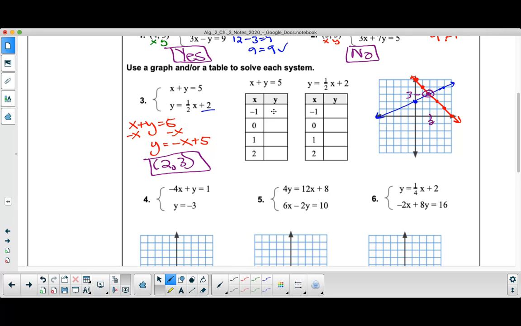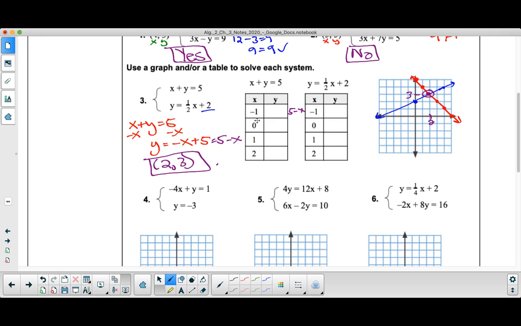Now, if you prefer, you can use a table. It just might take a little bit more. So what you basically want to do is put your values into your equation and then solve for y. Since we already solved for y over here, y is negative x plus 5, or 5 minus x might be a little easier to think of. What you're going to do then is just do 5 minus each of your x values to get the y value. So here,